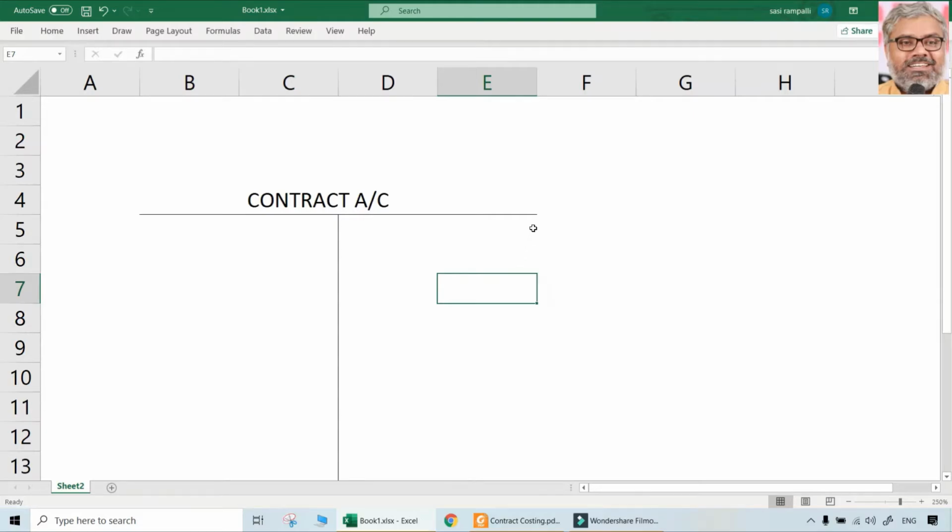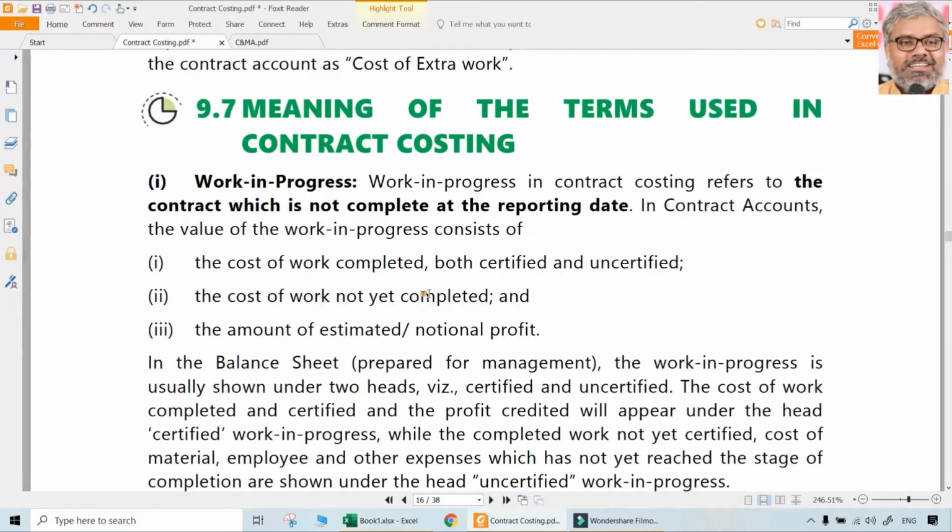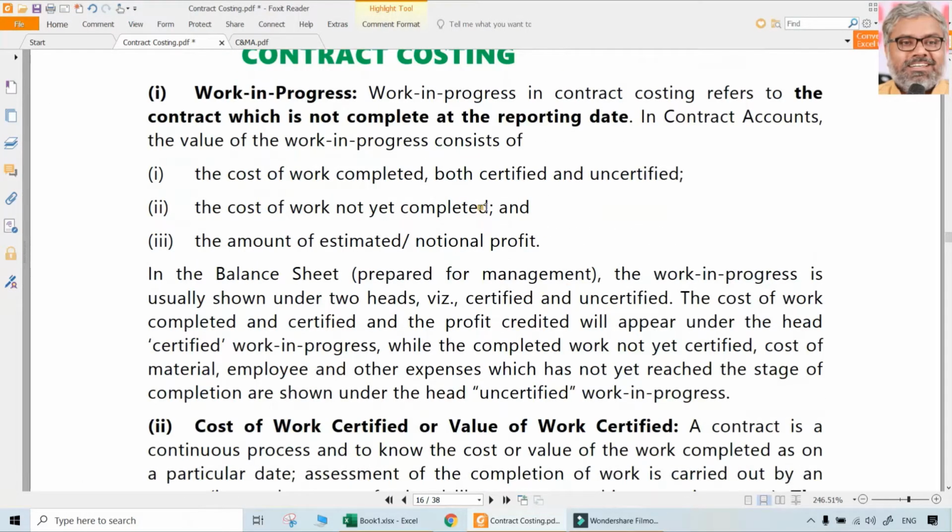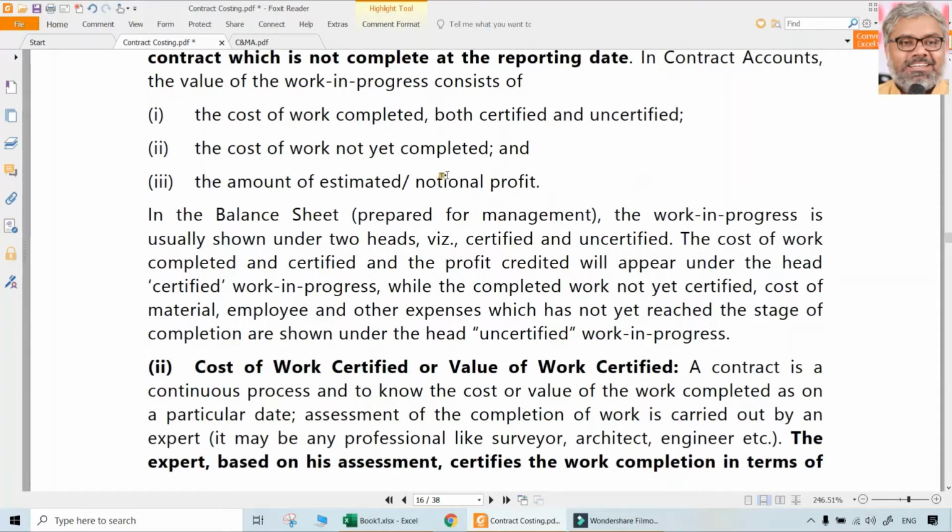So that is why we cannot credit the contract price itself, because that contract price is for the entire contract, but we did not complete the contract yet. If we completed, then it's okay. Otherwise, it is not okay. So what should we credit then? Credit should be given to the work in progress. When the contract is not yet completed at the reporting date, what credit should be given? That will be work in progress.